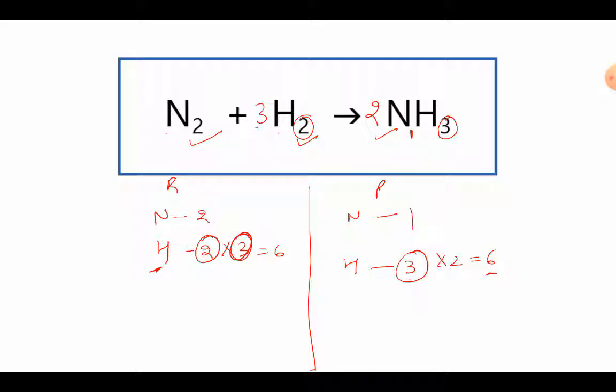So now hydrogen is the same on both the reactant and the product side, 6 and 6. And just check nitrogen. Nitrogen in the reactant was 2, but when we put this coefficient 2, this 2 will be multiplied with 1, and ultimately nitrogen also becomes 2. So now the number of atoms has become equal for all the elements on the reactant side as well as on the product side. So now the equation is balanced. So this is how we balance. It's very easy. Do it, and I hope that you have understood how the balancing is to be done. Thank you, everybody.